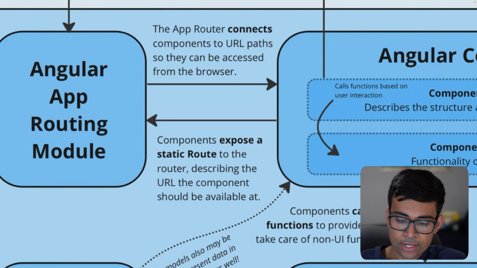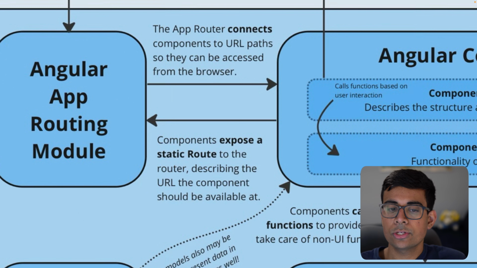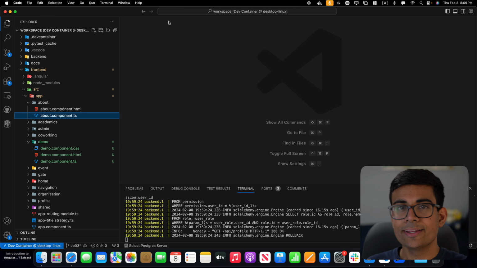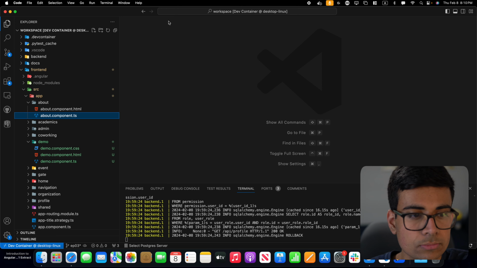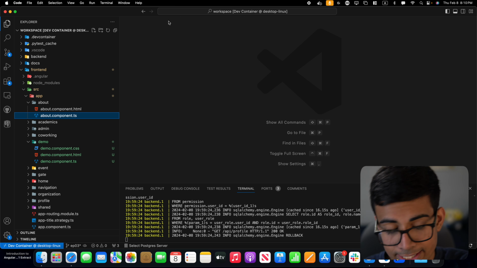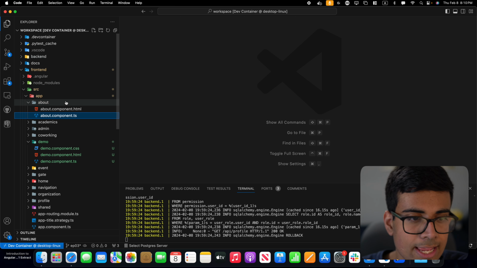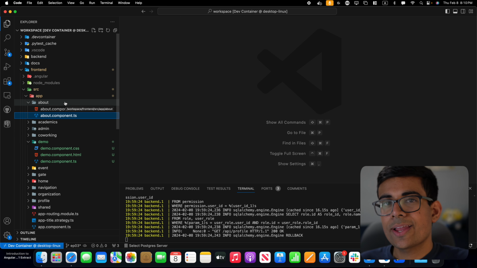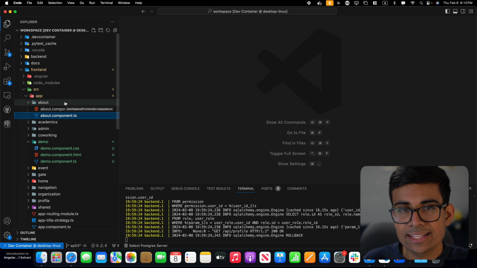And you'll see that this diagram says that the component exposes a static route property to the router, describing the URL that the component should be available at. All right, back in our actual repository, or back into our workspace here, I want to show an example which I think will illustrate how the component has the static route property and how it connects